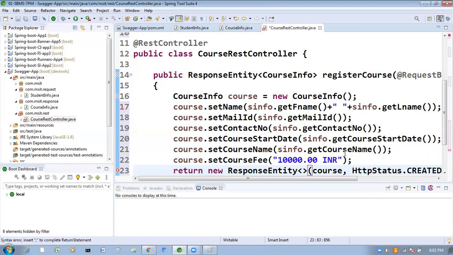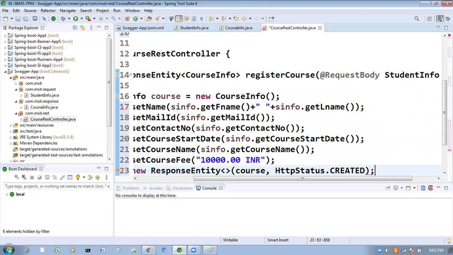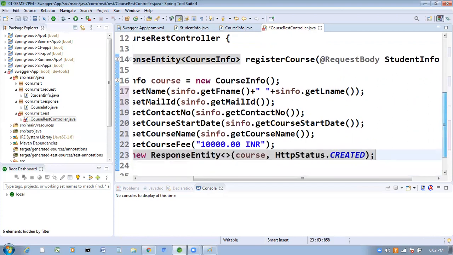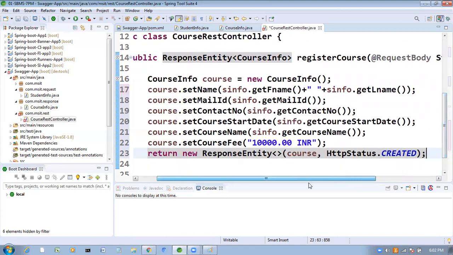I am taking that. Simple. And this is the REST controller method.